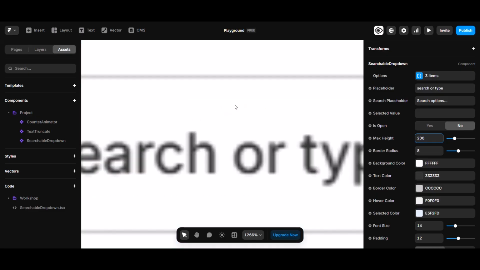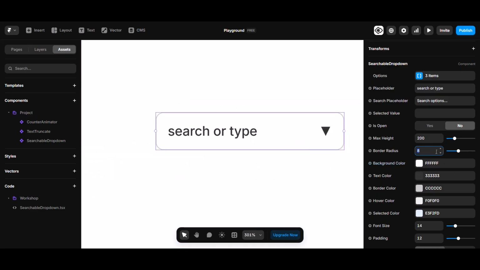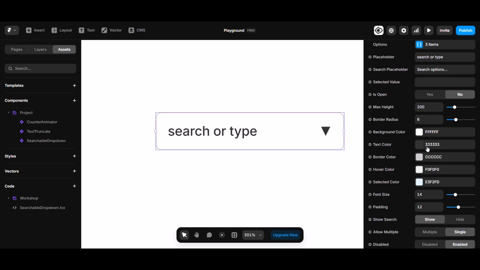Border radius, so let's check if this is actually working. So it's working. Background color, text color, border color, hover color, selected color,